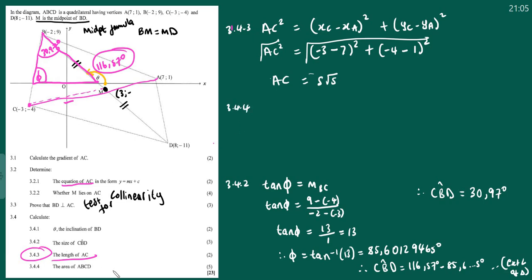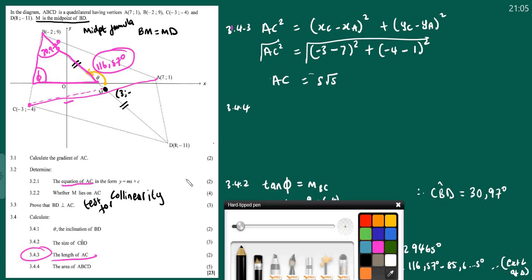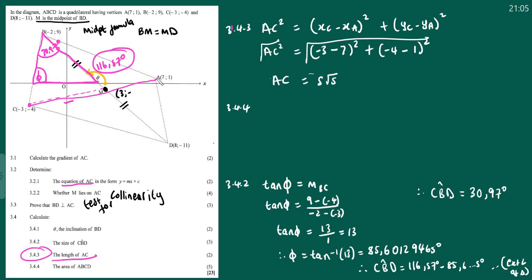3.4.4. Determine the area of ABCD for 5 marks. ABCD. So this is A, B, C, D. So it's for the whole quadrilateral. We need the area, right? I think if we can remember, there's a 90 degrees here, 90 degrees, 90 degrees, 90 degrees. So we're not looking for the area there, right? We got the length of AC, right? With the length of AC,